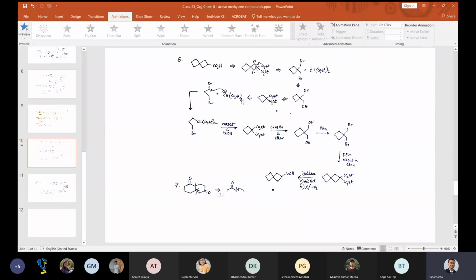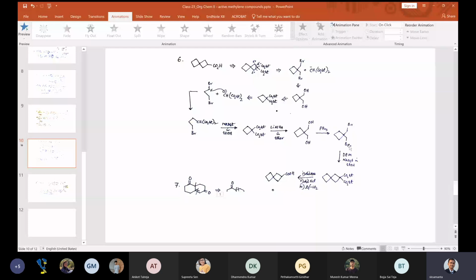So now it can be easily visualized, isn't it? So how do you go in the forward direction? You make a negative charge here, react it here, the bromine will be lost. It reacts here. Again, in presence of base, another proton will be taken up, negative charge will attack here. So you form this compound. Okay. Now you reduce it with lithium aluminum hydride, so that you get CH2OH, CH2OH. React it with PBr3, it will convert this OH into Br.